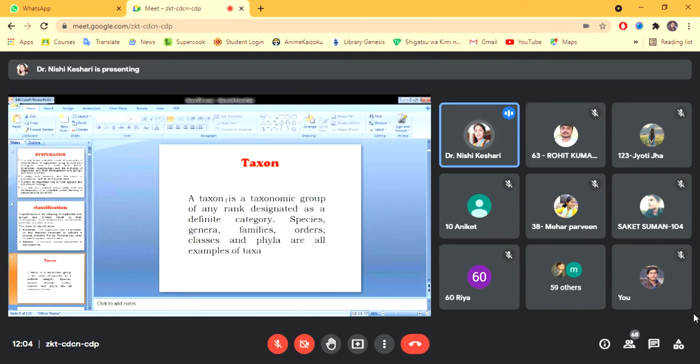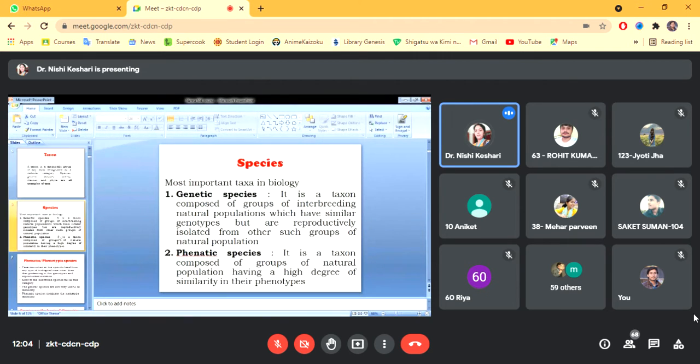So what is taxon? A taxon is a taxonomic group of any rank designated as a definite category, like species, genera, families, orders, classes, and phyla. These are all examples of taxa. And now the species. So from the species, you may find subspecies, then varieties, then